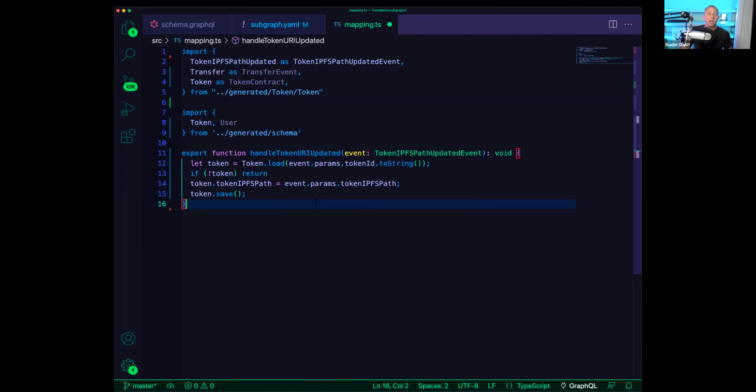If it does exist, we just update the token IPFS path with the event.params.tokenIPFSPath that is coming in through this event. So we get the token ID, we query for that token, we update the token IPFS path, and then we call token.save. This is saving that data back to the database. And then we have now updated our token.